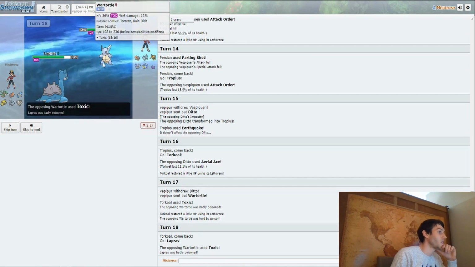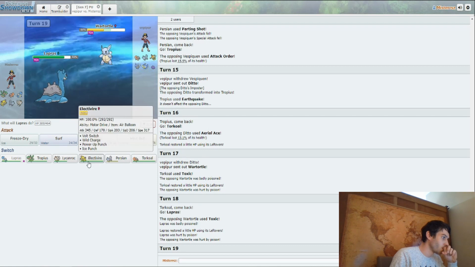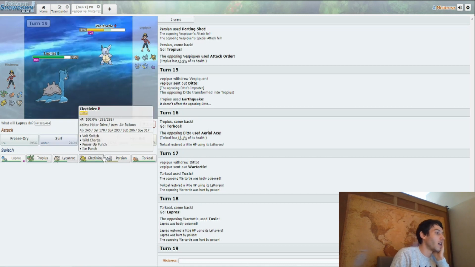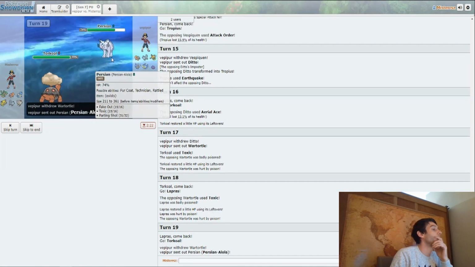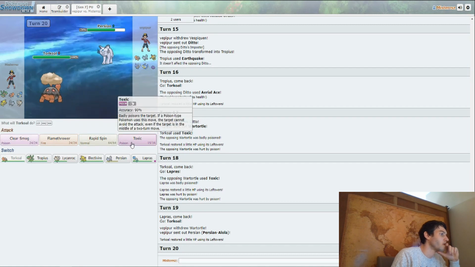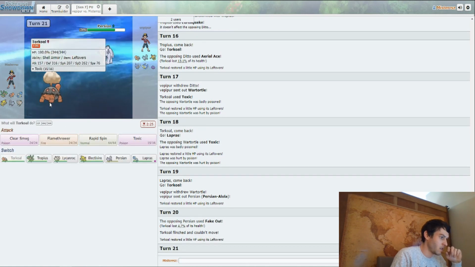He Toxics for himself. And he might just go out into Ditto again to Heal Bell off. At which point I want him to... okay, he goes out into the Alolan Persian, surprisingly enough. He fakes out, and that raises my...